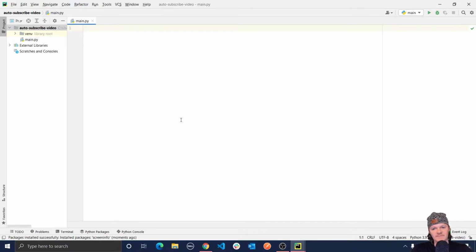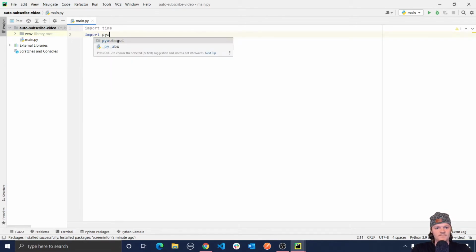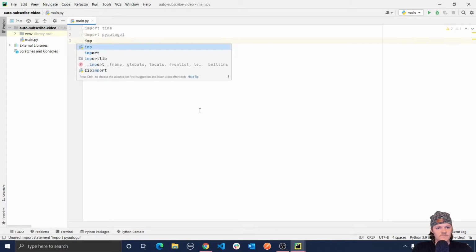So first we'll import the time module, which we'll use to add a small delay to wait for our web page to load before the cursor starts moving around and clicking. So let's just import time like this. And next we're going to import PyAutoGUI, which is a module that lets us control the mouse and keyboard. So I'm going to do import PyAutoGUI. And now next is webbrowser. And this will allow us to open up a web page and go to a specific website. So I'm going to do import